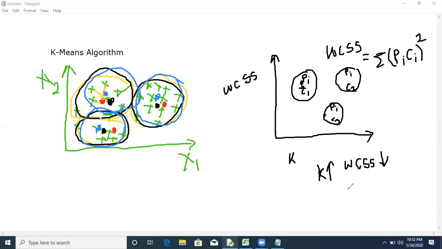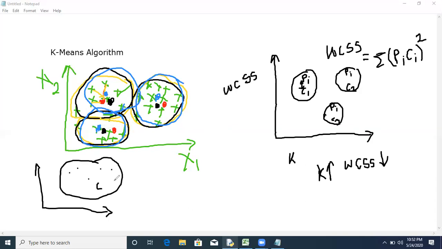Suppose there is only one cluster present, then WCSS will be more, because you categorize your data into a single cluster. See, this is the centroid and these are the points.